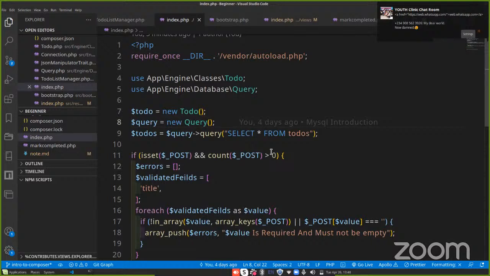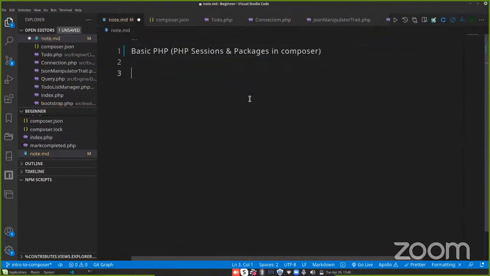Now, what are sessions? Let's start from there before we come down to this. When it's time for the practical, then we can think of what to do here. PHP session. So what are sessions? A session